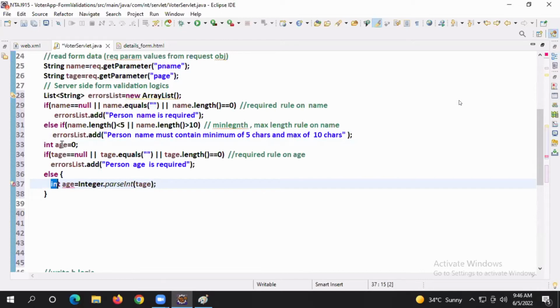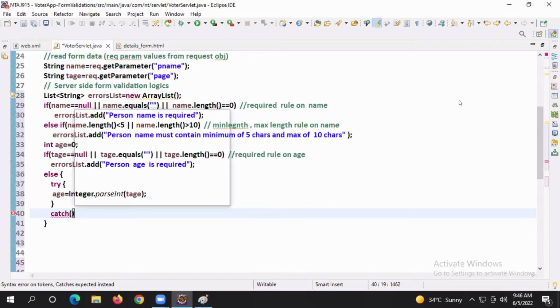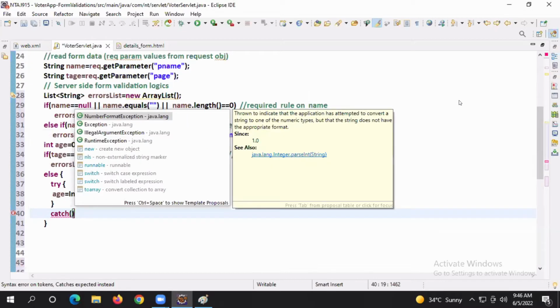Age is equal to Integer.parseInt, but in a try-catch block. I'm trying to convert into a numeric value. In that process, if a NumberFormatException comes,